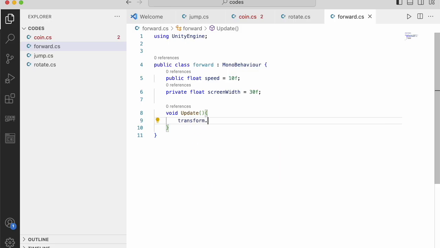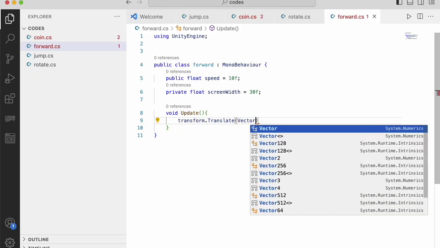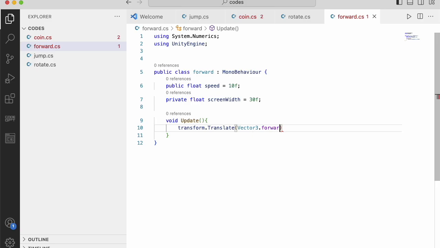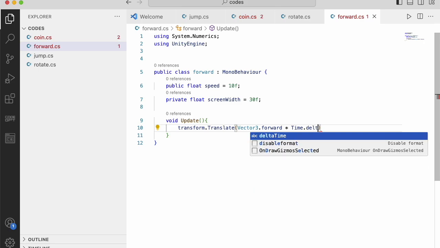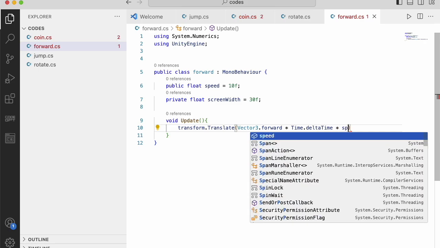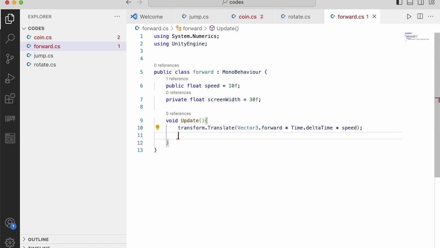Transform.Translate. What should I write here? Vector3.forward times Time.deltaTime times speed. And then